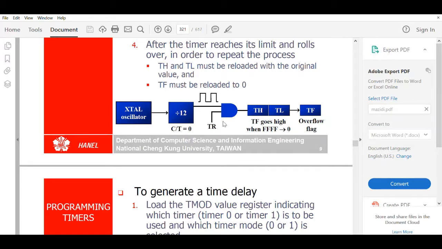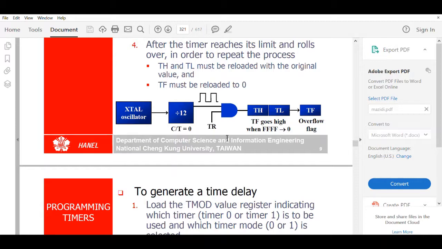You have an AND gate, and one of the inputs to the AND gate is TR. You'll make TR equal to 1 when you want the timer to count up, using the instruction SETB TR0 or TR1, depending on which timer you are using. So then you'll load the value into TH and TL. That will be done first. You'll then make TR equal to 1 so that from the initially loaded value it will start to count up